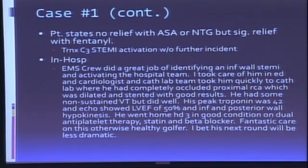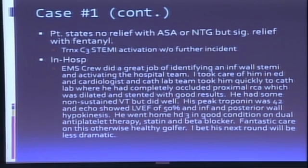So they put a wire across the lesion and then put a balloon in and blow it up and reestablish flow, and then they put a stent in. And it's usually a drug-eluting stent that they place, and then they put them on dual antiplatelet therapy, usually Plavix or Effient and aspirin. So these patients that are post-op will have those things that they're supposed to take for 6 months to a year after the procedure. He had some non-sustained VTAC in the cath lab, but did well,